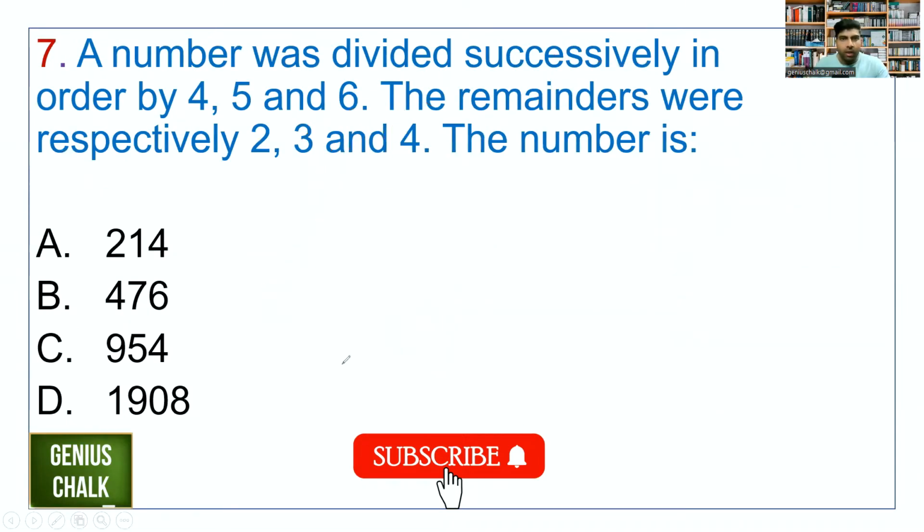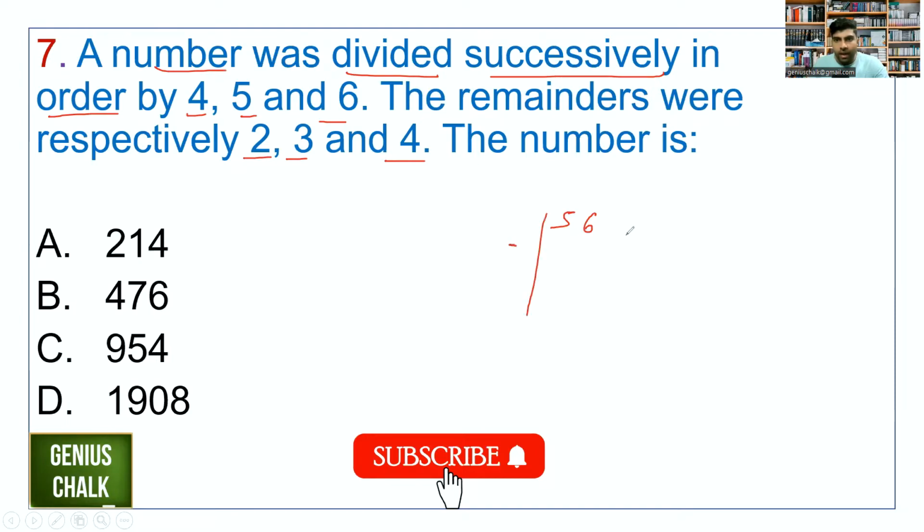Next, very important, successive division, students. So a number was divided successively in order by 4, 5 and 6. The remainders were respectively 2, 3 and 4, and then you need to find the number. Okay, so please remember the rule for successive division. First, what is successive division? So suppose I take a number, say